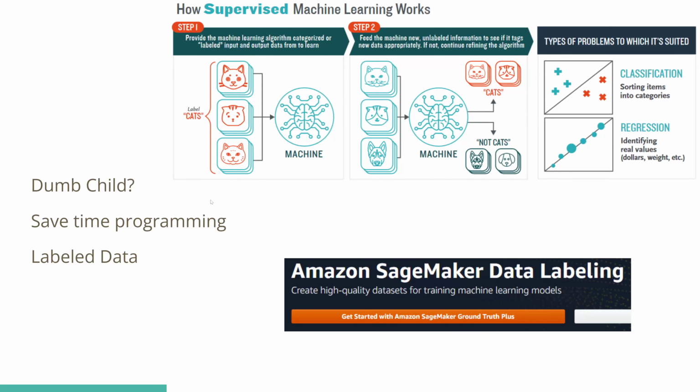Now, supervised machine learning, it's kind of like a dumb child. You have this kid that doesn't know anything, and you have to constantly show it pictures and be like, cat, this is a cat. Next picture, this is a dog. Next picture, oh, this is a cat. It takes a lot longer, but it's more thorough in its capabilities. It will know for a fact and figure out what features on their face or other things it may be looking for make it defined as a cat or not a cat.